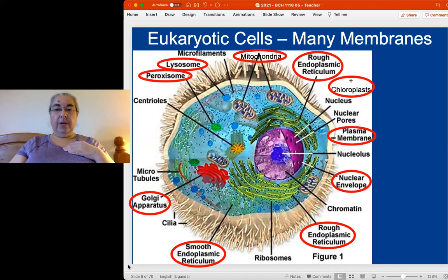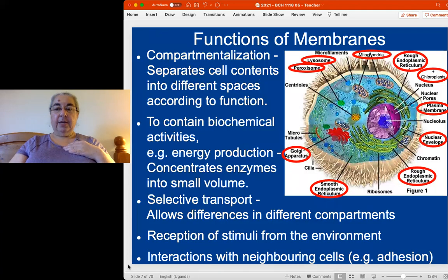So we're going to be looking in detail today at membrane and the functions of membrane. If you think about what these membrane structures are doing, why they're important in the cell, what the functions of these membranes are, well, the first important function is